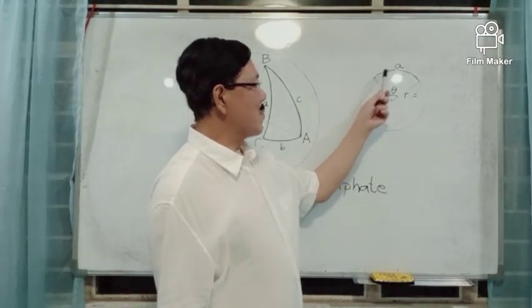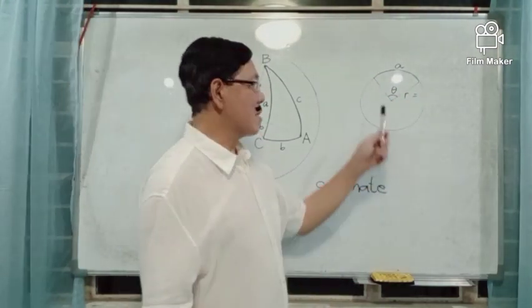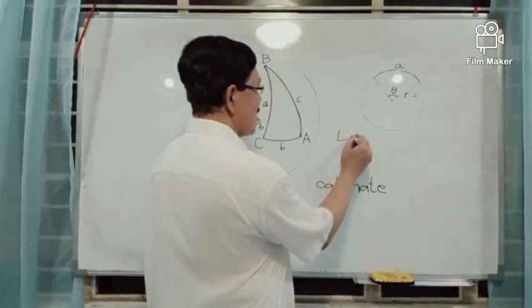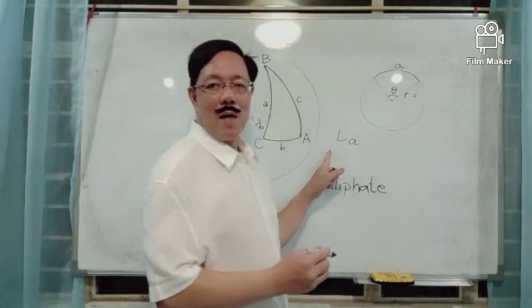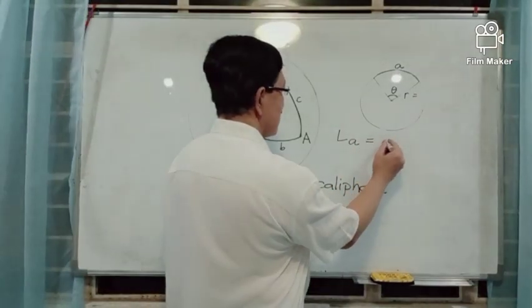And the length of this arc A is a part of the circumference of this circle with radius R. Hence, the length of arc A, denoted by L sub A, L for length, or denoted by this notation,